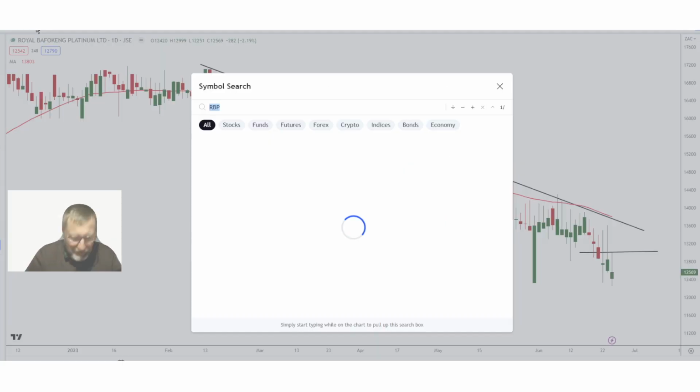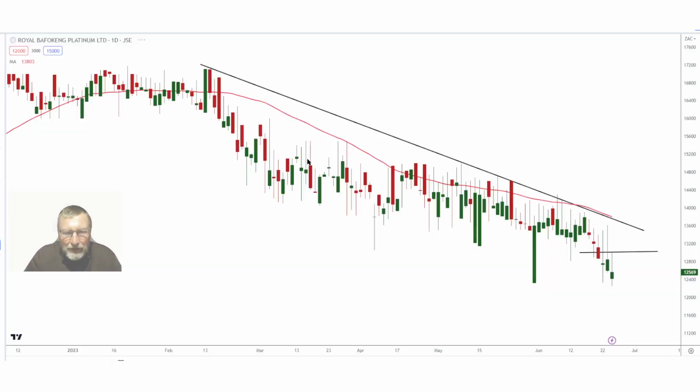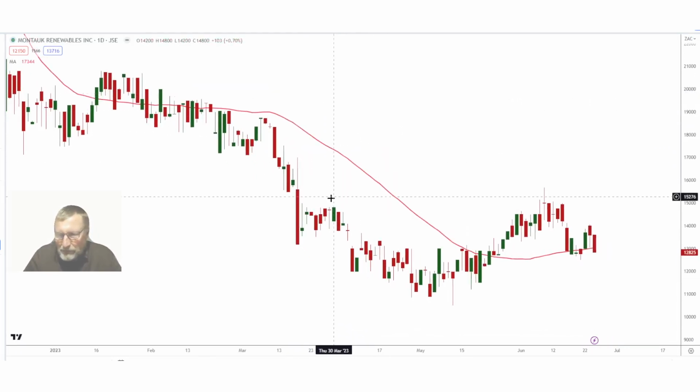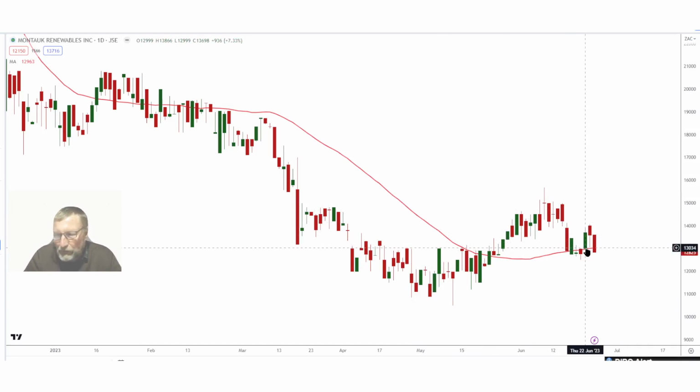Let's have a look at Montauk. Somebody asked about Montauk Renewables, and if I look at this chart, it tells you one simple story: that the share is under pressure. Look at it. It tried to put in a beautiful relief bounce. It came back, and now it's starting to lose momentum again, and we're below that 50-day moving average. So I hope that the first sign of strength will be if we can regain strength and change this 50-day moving average into a support, and that will be above